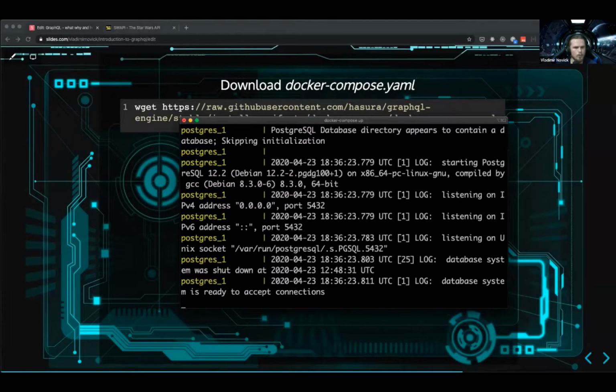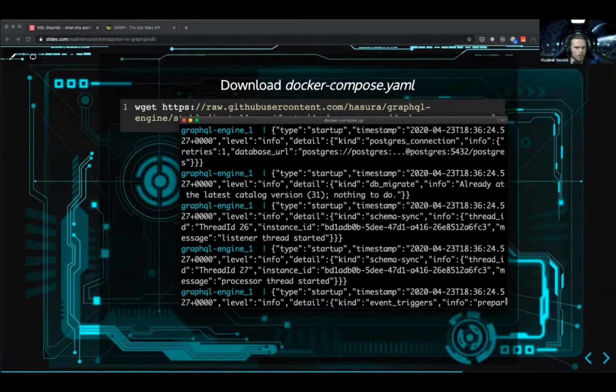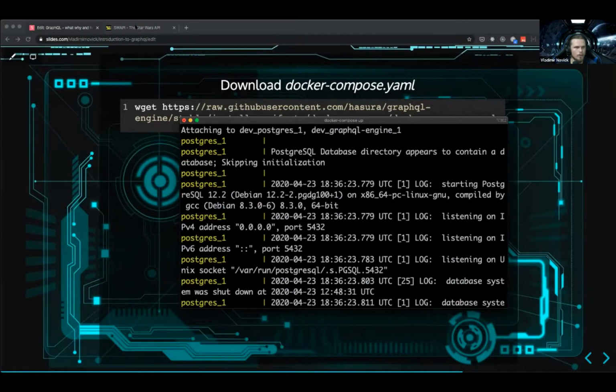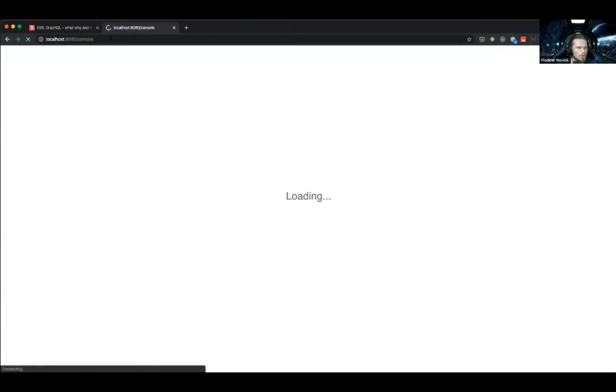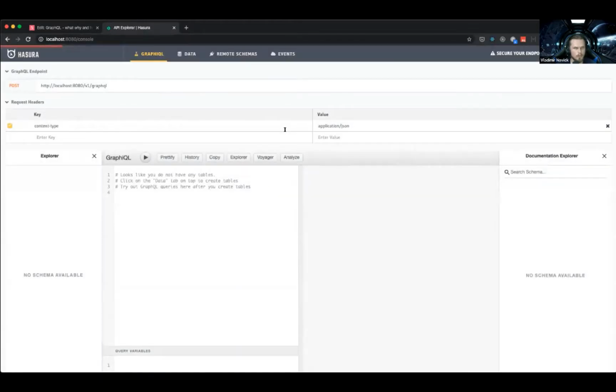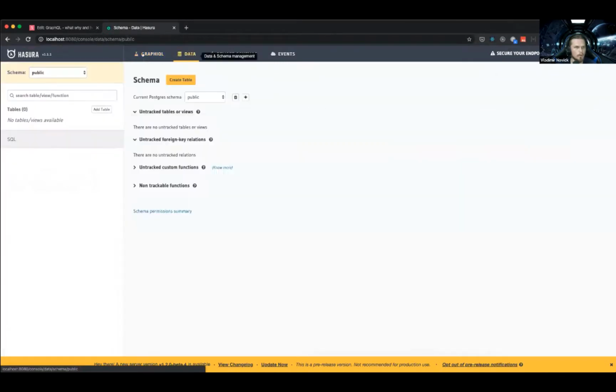And what it will do, it will run the GraphQL engine, and it will run the Postgres in my Docker container. Now, what I can do, I can go to localhost 8080, and I will get inside Hasura console. Now, Hasura console will provide me with different tooling, and one of these is the IDE that you already seen, with no things here whatsoever, and a tool called Explorer and so on. Now, it has the data tabs, which is sort of similar, the idea to pgAdmin.